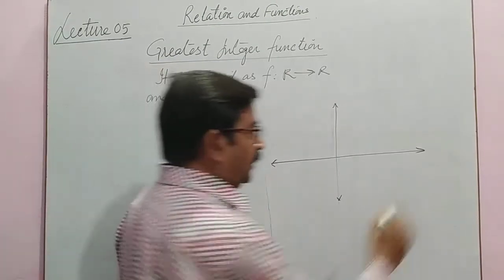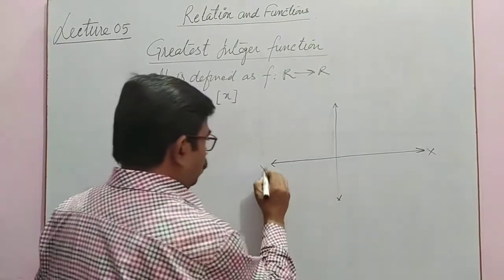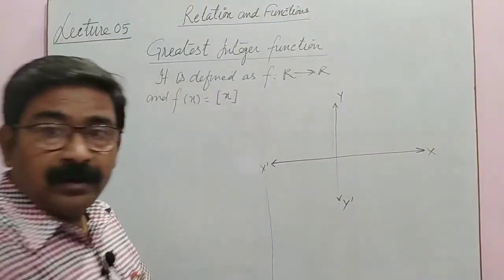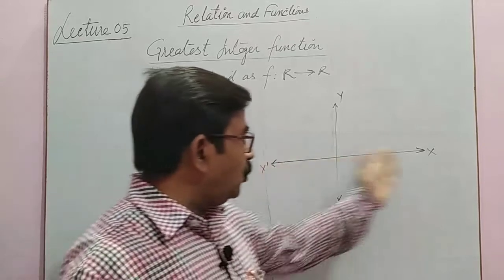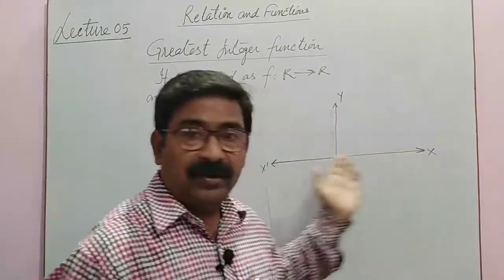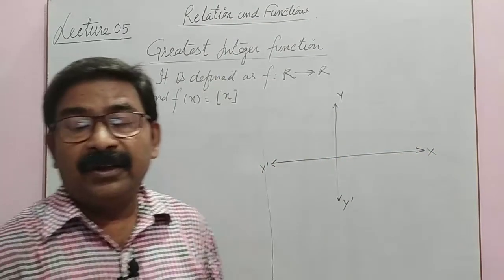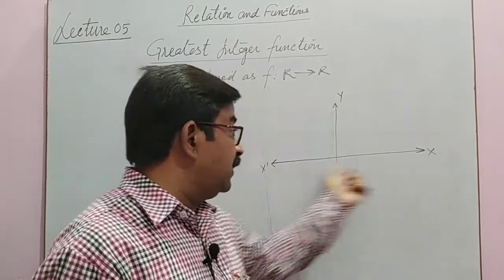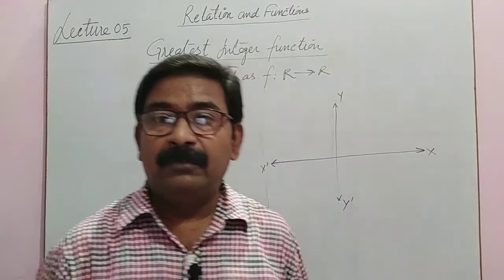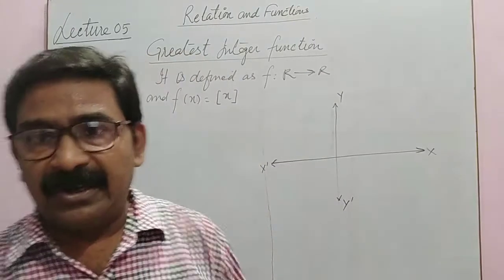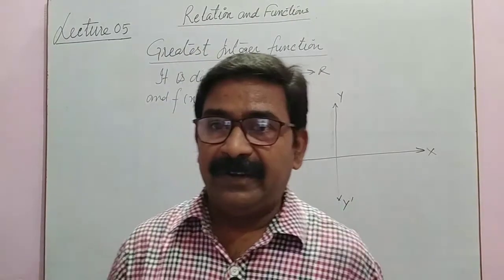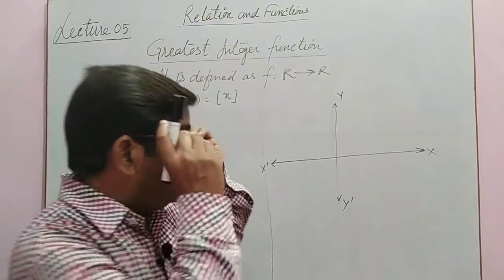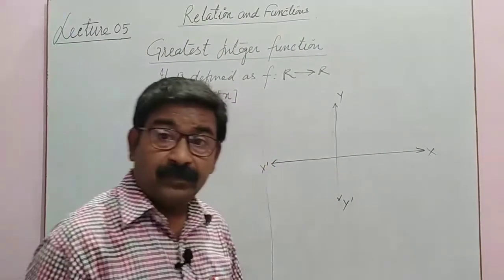So clearly you know that not all numbers found on the real line, that is on the x-axis, are integers. On this real line we have some rational numbers, some irrational numbers, positive integers, negative integers. So we can have different types of numbers.